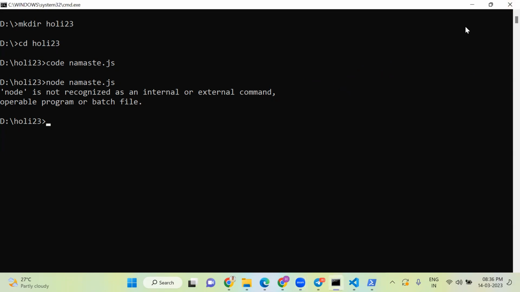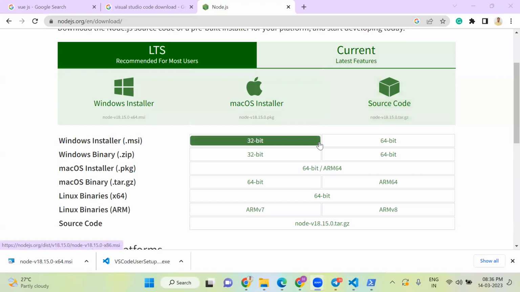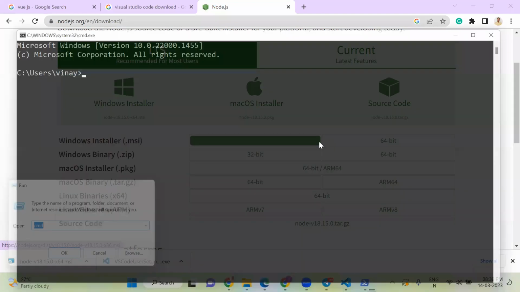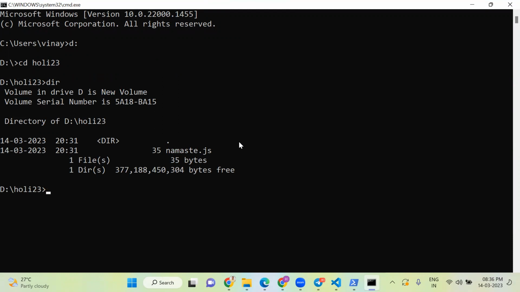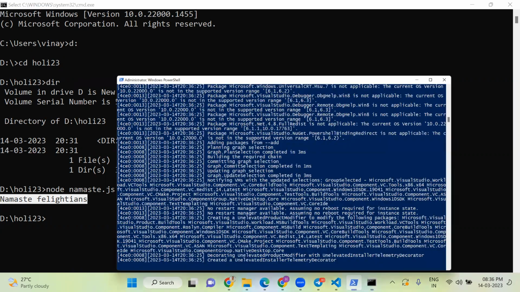So I'll close this and reopen. I'll go to my directory D, then 23. Here we have a file called namaste.js. I'll execute node space namaste.js and it just works fine. The Chocolatey script installation is happening, let that happen.